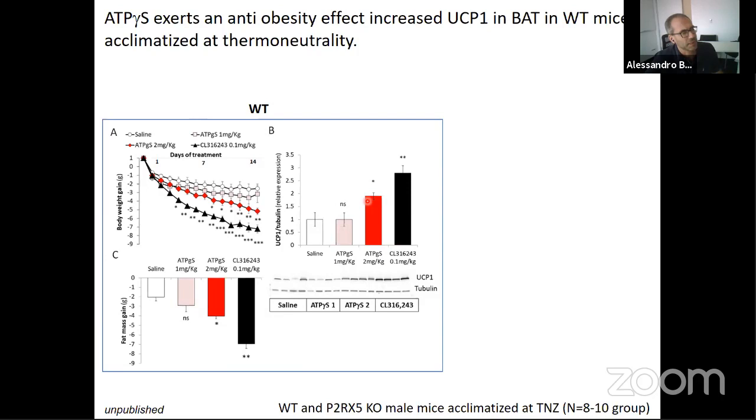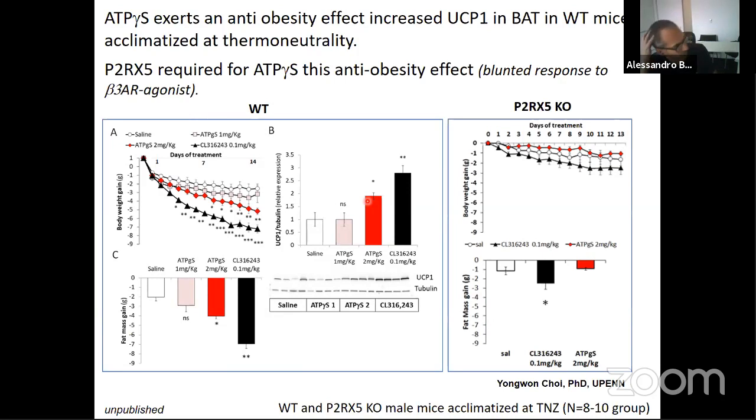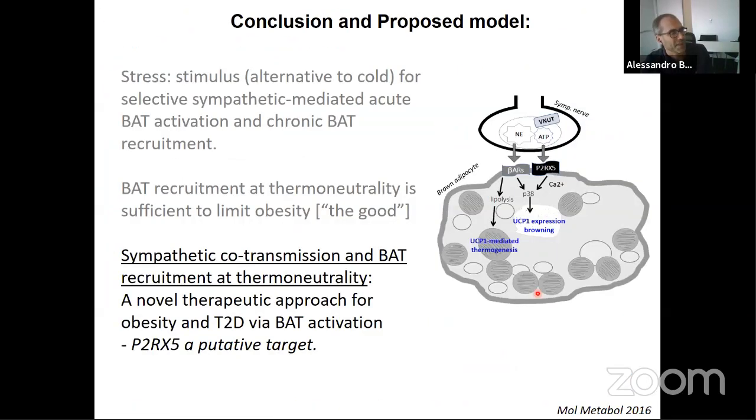And then the question is, can this be mediated by the P2X5 receptor? We obtained the P2X5 knockout from Jianguan Choi at UPenn. And as you can see, the P2X5 is absolutely required for these anti-obesity effects at thermoneutrality, as well as for the decrease in fat mass and browning, which is not shown here. Interestingly enough, this P2X5 knockout also showed a blunted response to the beta-3 agonist, which is again consistent with the idea that this co-transmission and this receptor is important for brown adipose tissue function. So to sum up this part of the story,